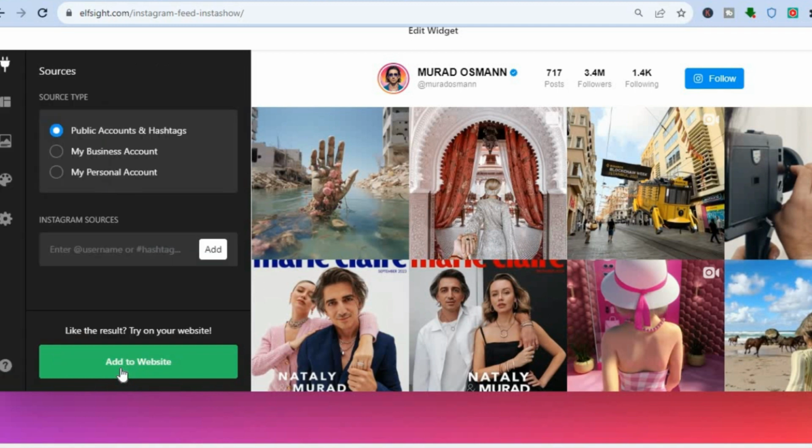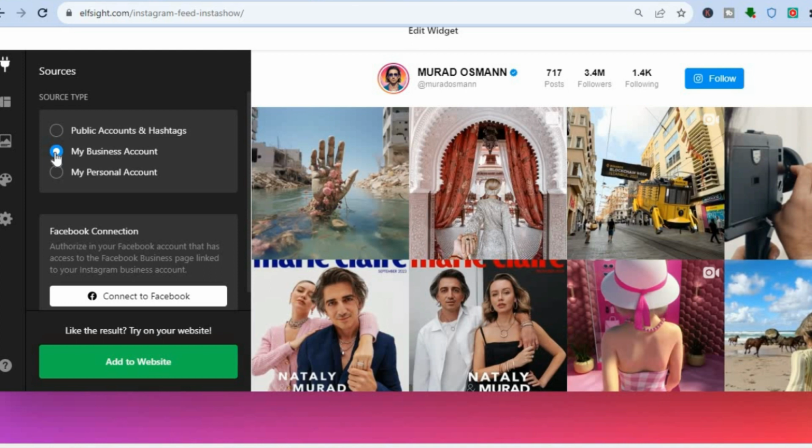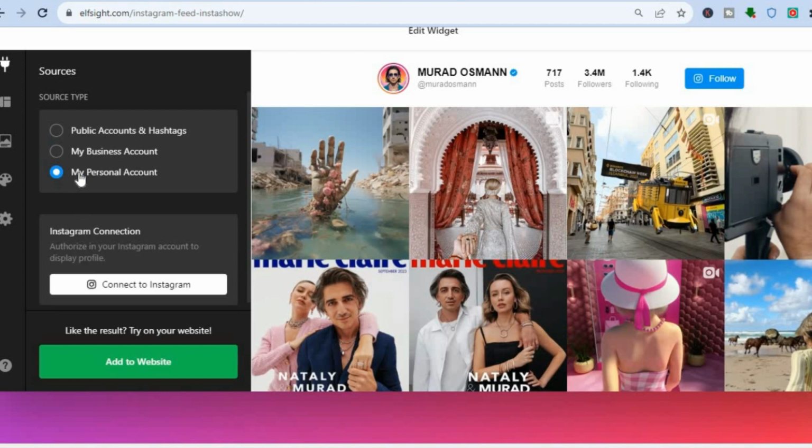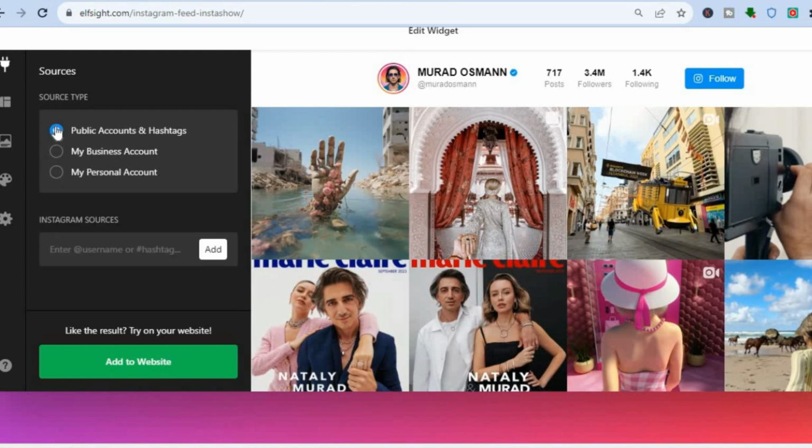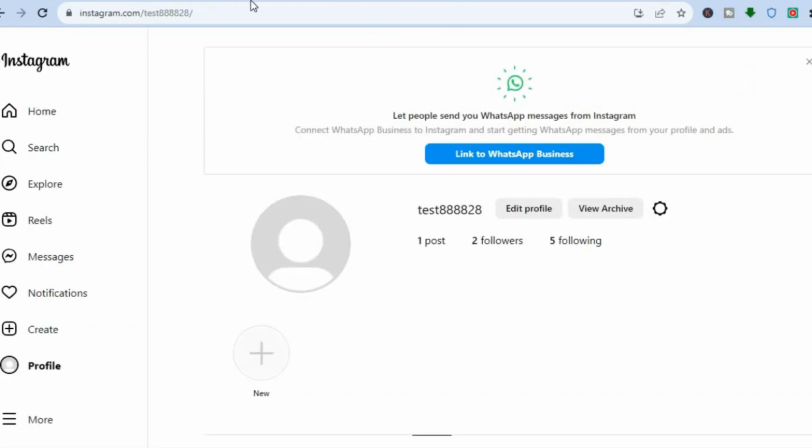After you have tapped on continue with this template, you have three options. Is it a public account and hashtags, or is it your business account? If so, you will simply tap on add to website, or you'll tap on connect Facebook, better yet. If it is your personal account, you'll tap on connect to Instagram and you could automatically connect to your personal account. For example, if you are using a public account, meaning someone else's account that you would like to add